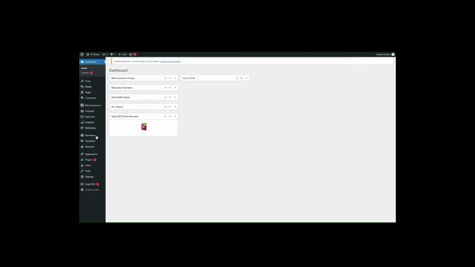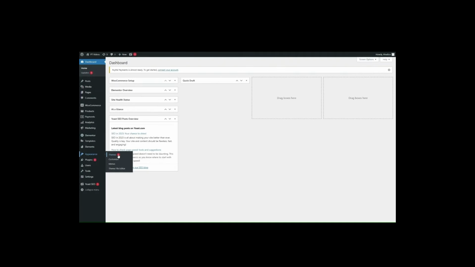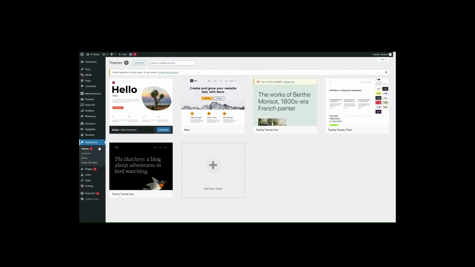And what you can also do, if you realize actually you don't like this theme, is switch back to a previous theme. So if you go back to theme here, it's not good to have lots of themes. You want to keep the theme that you currently have, and then just keep a backup theme. That's in case anything goes wrong, or if you ever need to debug an issue,